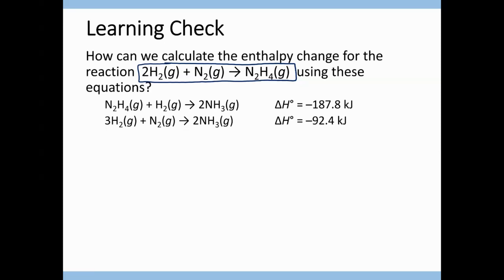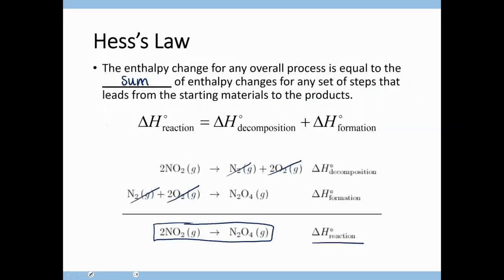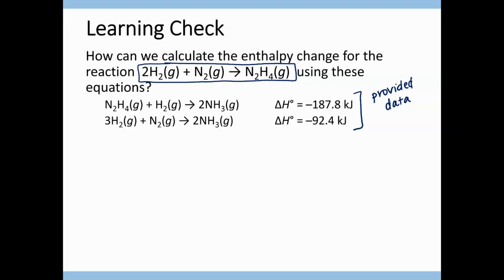Now, we don't know the change in enthalpy for that reaction, but we know the change in enthalpies for 2 reactions that we can use to then find the change in enthalpy for our desired reaction. So this is provided data that we can then use to find the enthalpy change for the reaction that we don't know the enthalpy change for. And remember, Hess's law says that the enthalpy change for an overall process is equal to the sum of the enthalpy changes for any set of steps that leads from starting material to products. So we will use these 2 reactions, make sure we're going from starting material to products, and then we'll add up the